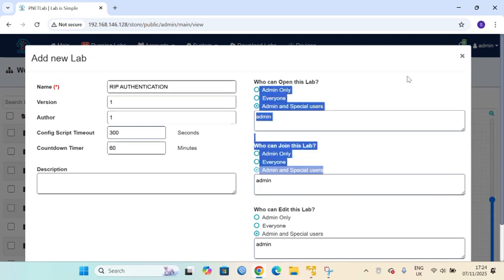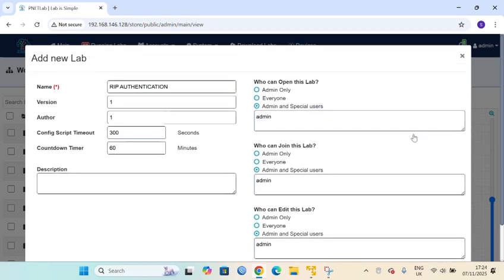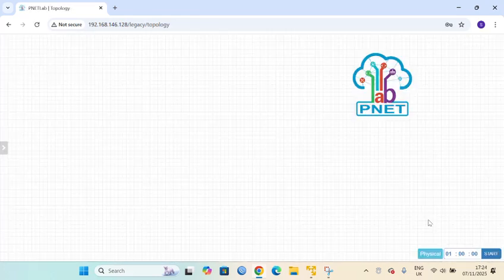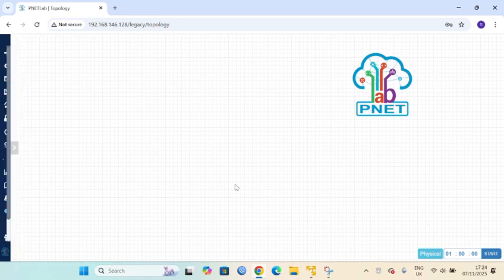Okay, next we add, and we make the MikroTik first.